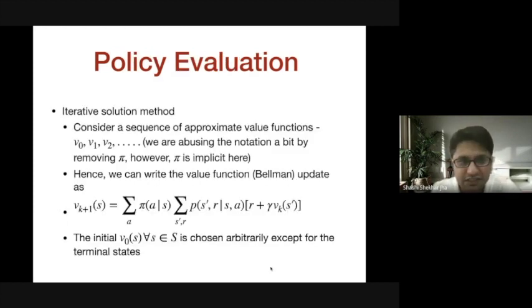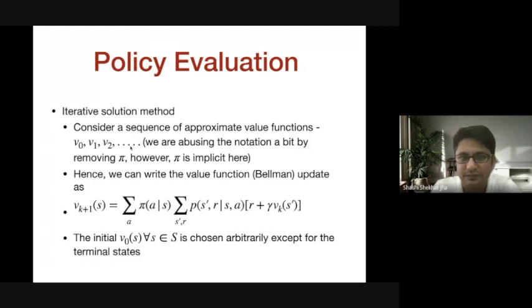Whatever I just described, the same thing is written in this slide in terms of steps: how to come up with the iterative solution. Initially we take some policy pi naught as input, and then the first step is executed, which is called policy evaluation. In policy evaluation, we solve those equations, but instead of solving the equations directly, we do an iterative solution. We assume that there is a sequence of value functions.